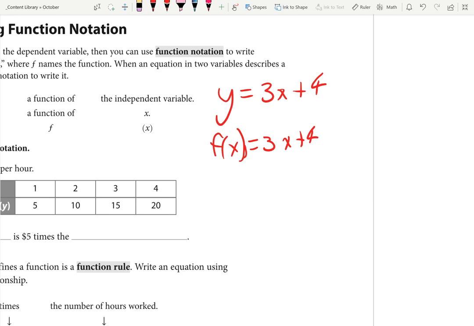So what we're saying is that this function is called f, and it's using x as its variable. And you can see that x is the variable that's used in that function. You could call it f of t. f of t would be the function, but with t as the variable instead of x. So you wouldn't say f of t and then have 3x plus 4, because you're saying that you're going to